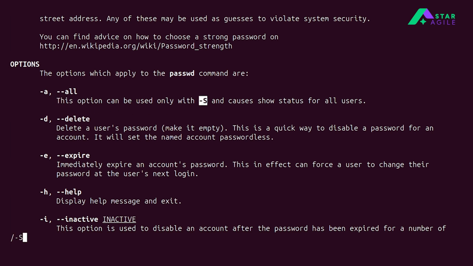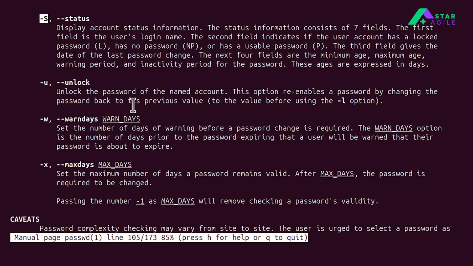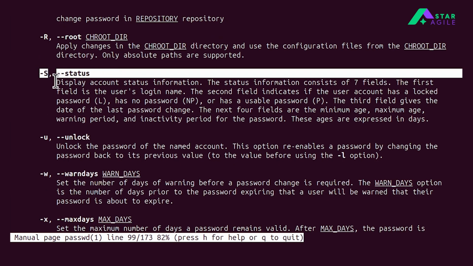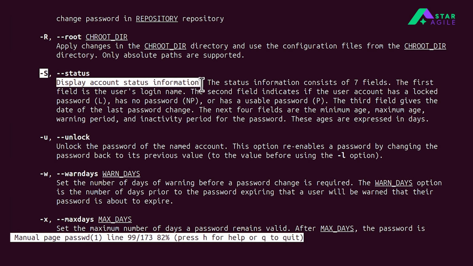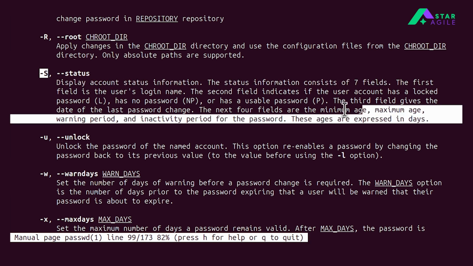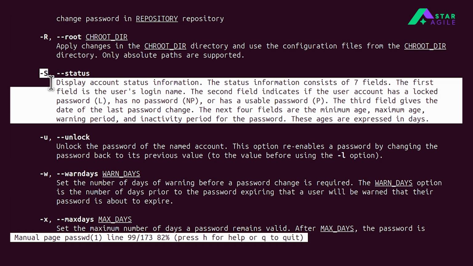Let's say -S, any other entries? Yeah. So -S with the passwd command stands for status, which means display the account status information. The status information consists of 7 fields, and it tells you about all these values and definitions and stuff, right? So you don't have to always remember this. You can take a reference from the man file, there is no problem about it, and nobody will judge you for that as well, that you are referring to this,